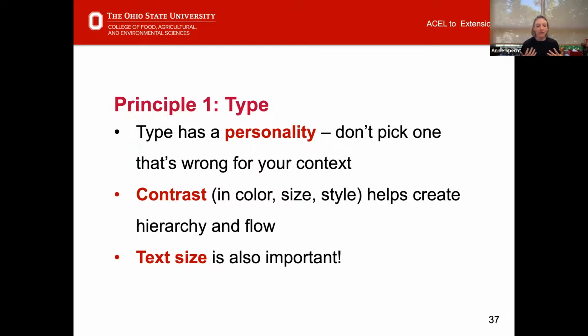I think we're often afraid of reducing the amount of text that we have. We want to look like we know what we're talking about. And so we put all of the things on our PowerPoint slide, right? We put all of the writing on our PowerPoint slide. We put all of the writing on our poster. And really what you should be doing is reducing the number of words that you have and actually increasing the size of the text that you're using. Choose the content really, really carefully, pinpoint the important stuff, put stuff in bullet points, and then make your text bigger because it's going to be a lot easier for more people to read.